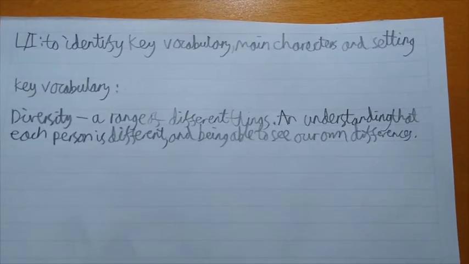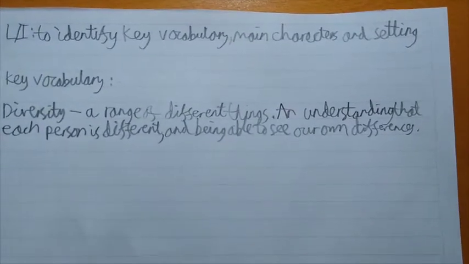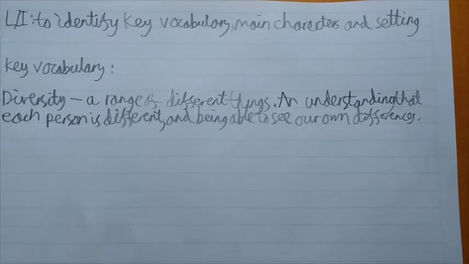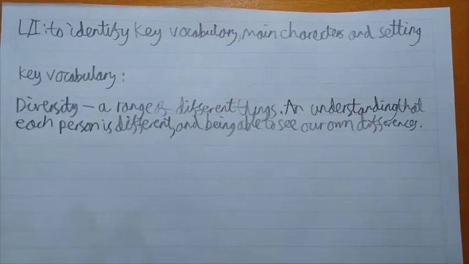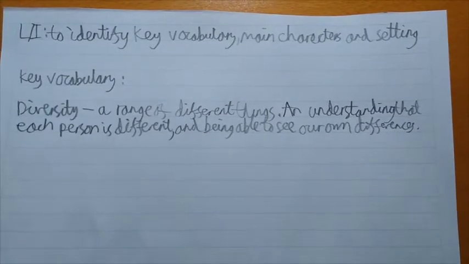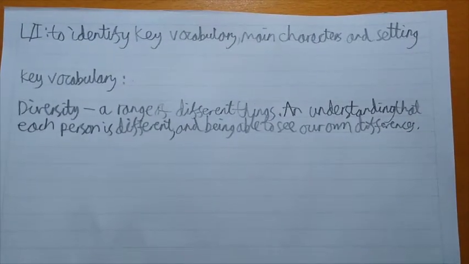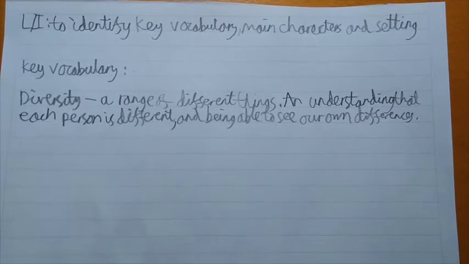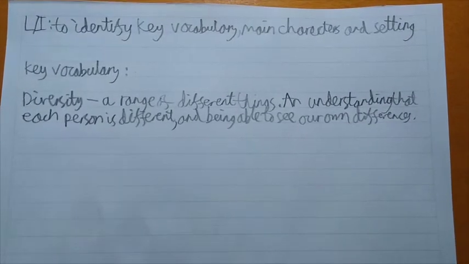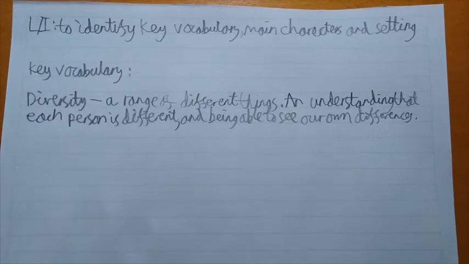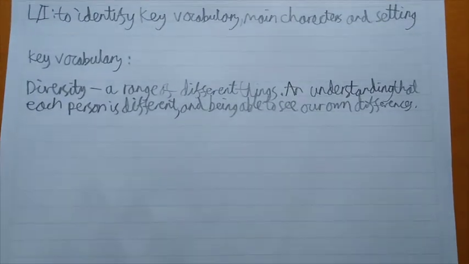So if you came across definitions that you didn't understand, I've written one down in words that we should be able to understand. So key vocabulary, diversity, a range of different things, an understanding, so that also means knowing that each person is different and being able to see our own